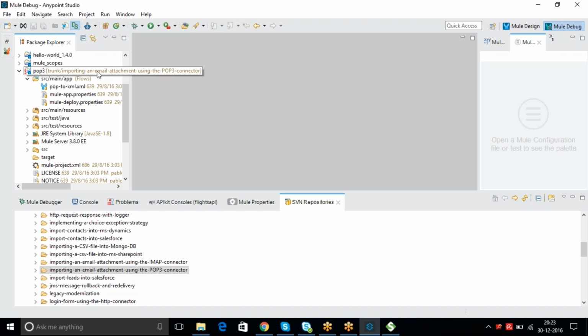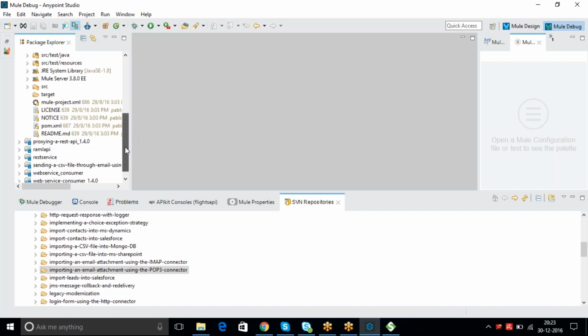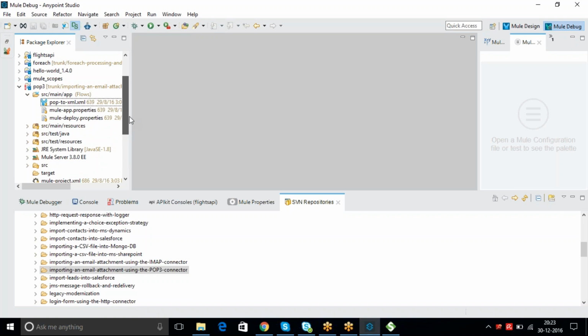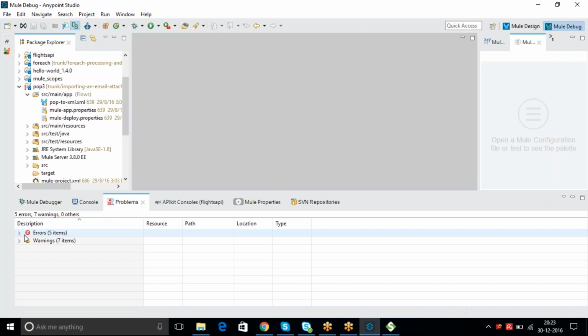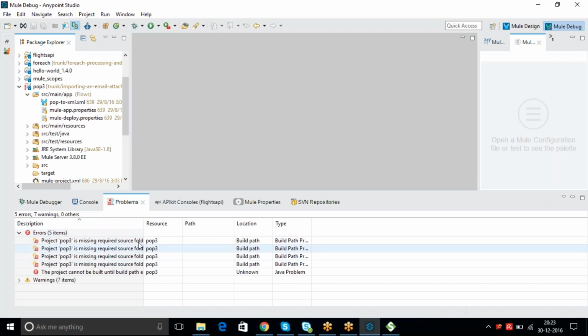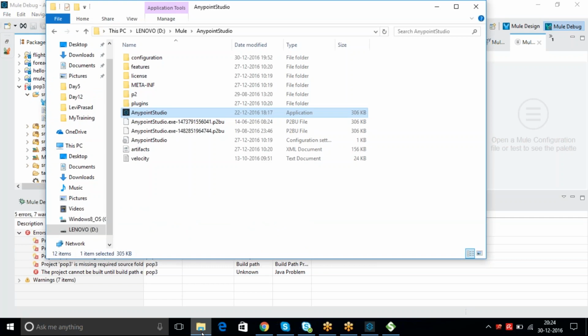So I think you know the issue. By seeing the project structure itself, you can understand that there are some folders missing here. Let's identify what those folders are. It is Java and MUnit, right? And API also. So let's go to your location,